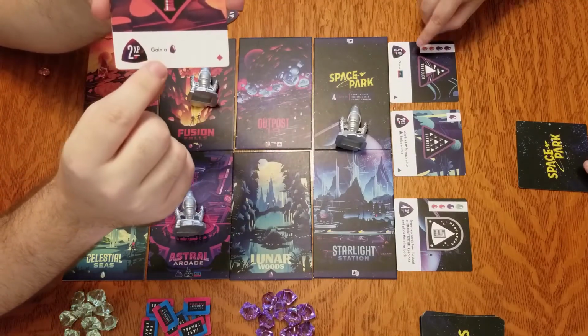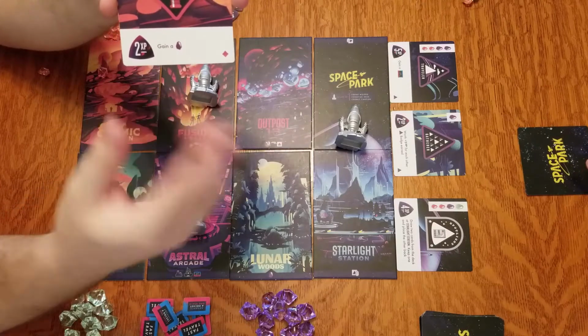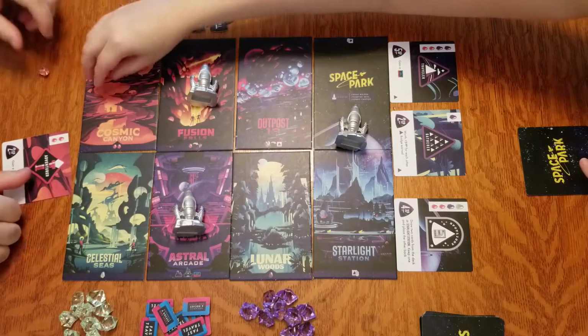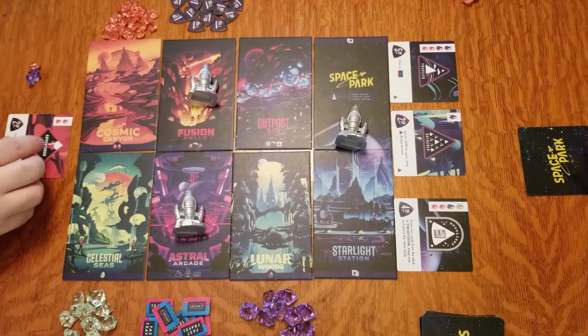This one just says gain a purple gem. So just for cashing this one in, I get a purple right away. And the different badges have different abilities. All right, so